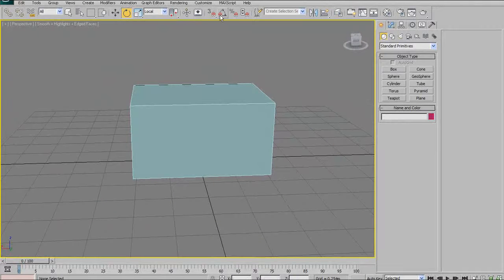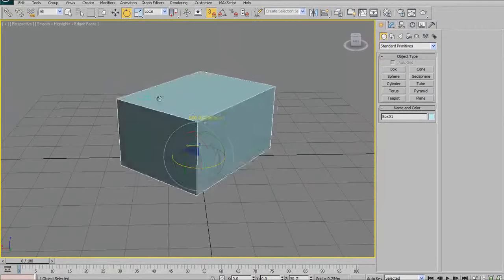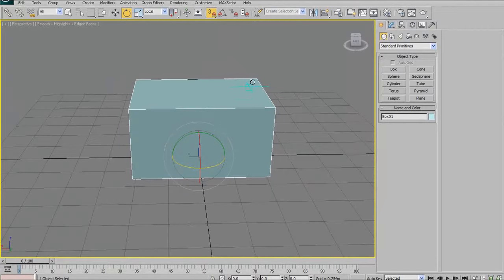After that, I'm going to skip these two because I don't find them very useful. Here are snaps. Snaps is very useful as well because it will actually snap your cursor to the grid, so you can, later on I'll show you, grab it